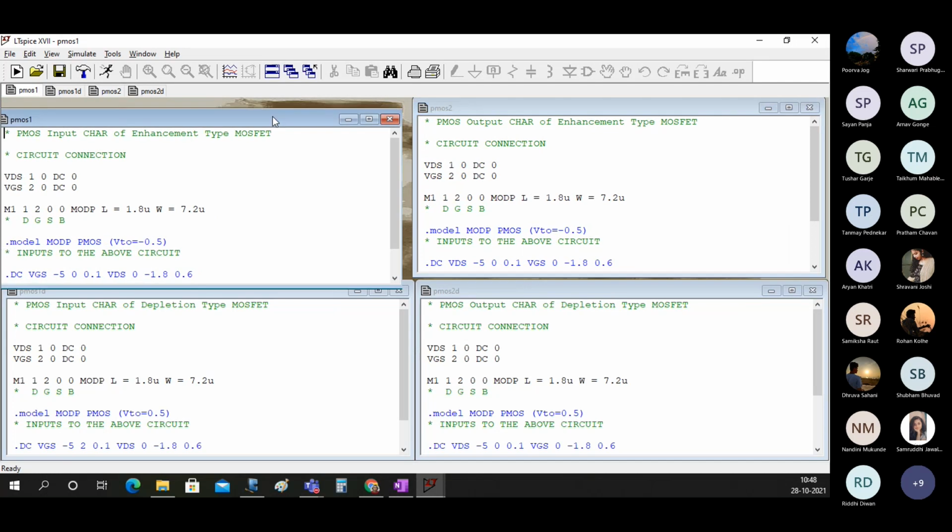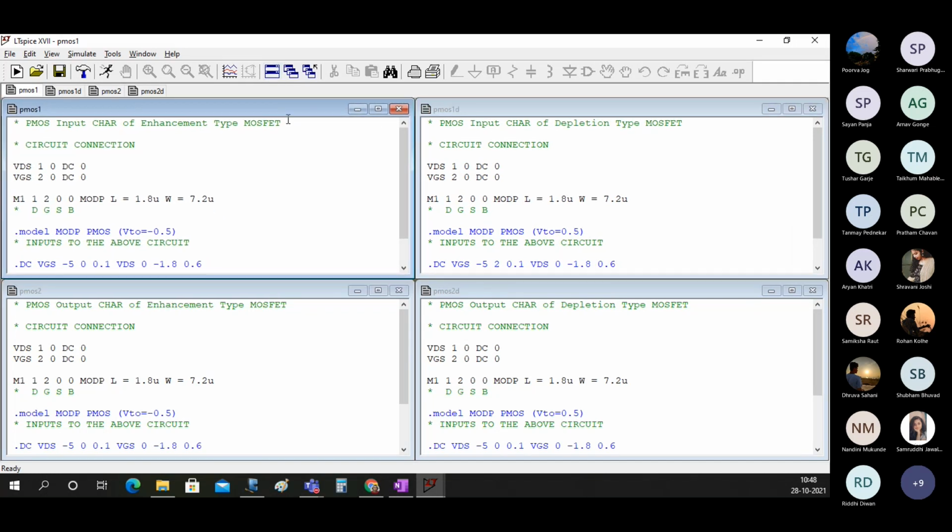PMOS2 is output characteristics, and this is like the input characteristics for the depletion, and this is the output characteristics.